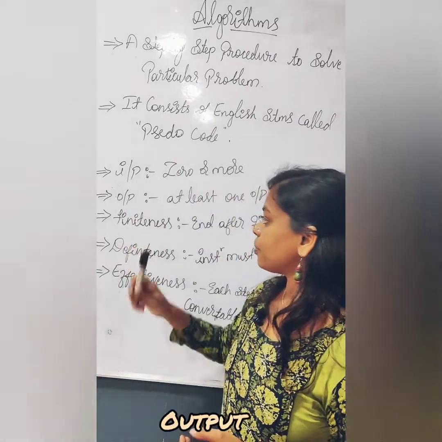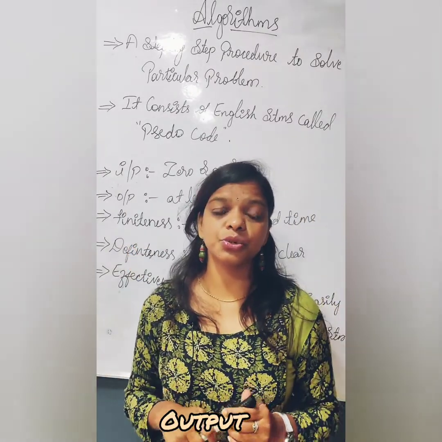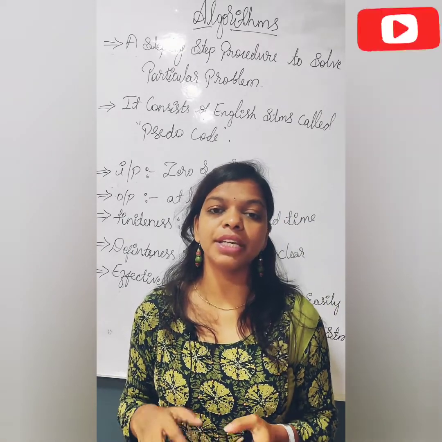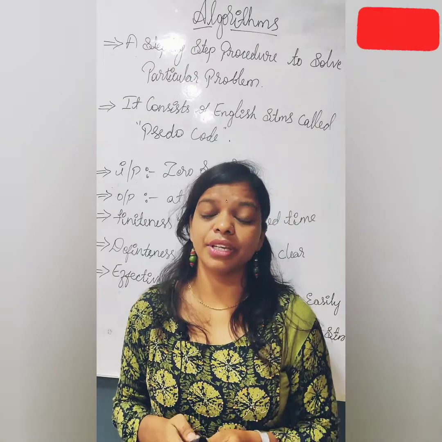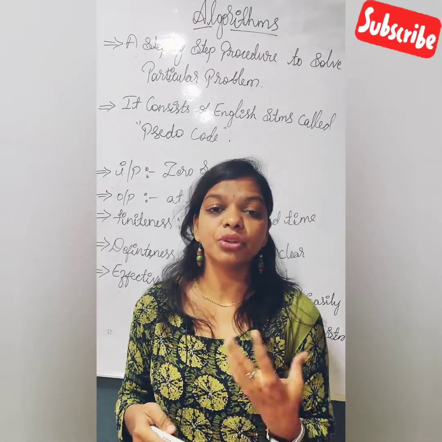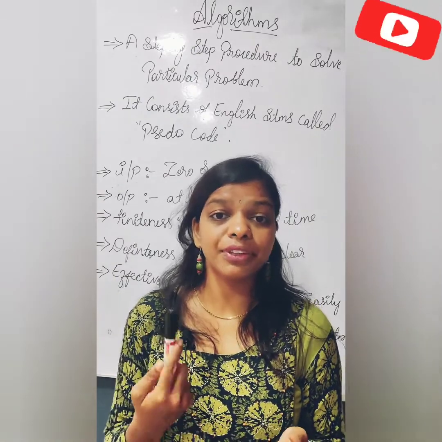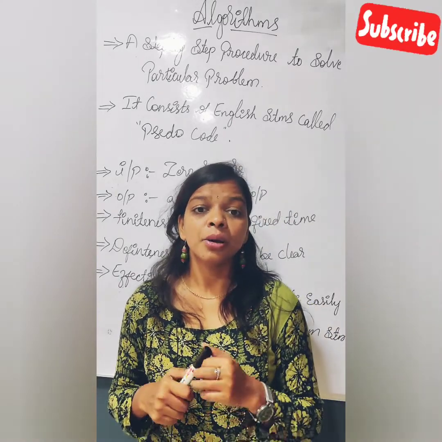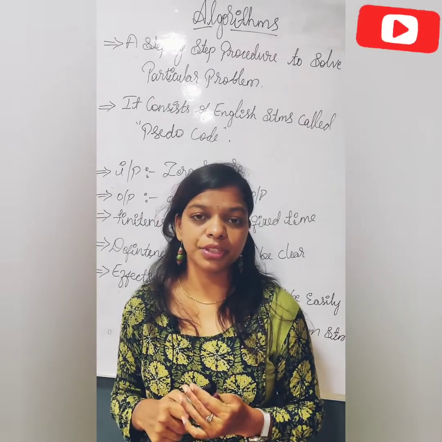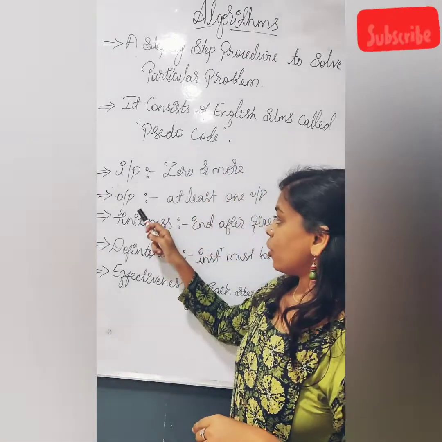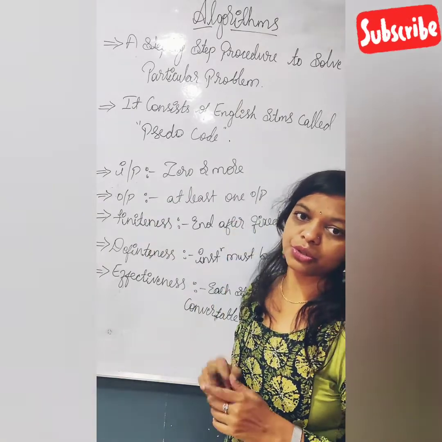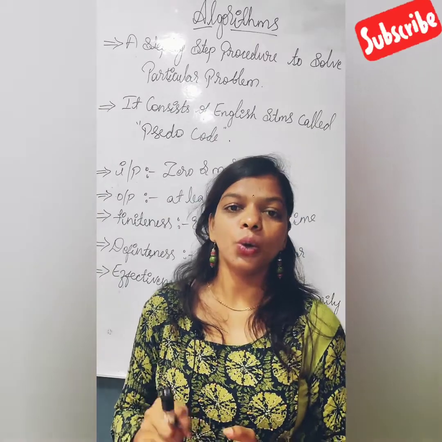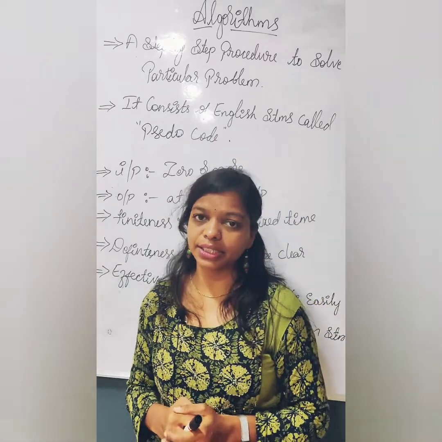But output, what is output? It must and should give the result. Without output, the algorithm cannot be valid. The same way in the program also, even though we don't give any kind of input, we will be getting the output by the statements itself, by writing the statements itself. About the programs, we can learn in the further classes. So at least one output should be there. At least one output it must and should give. Only then the algorithm is valid.